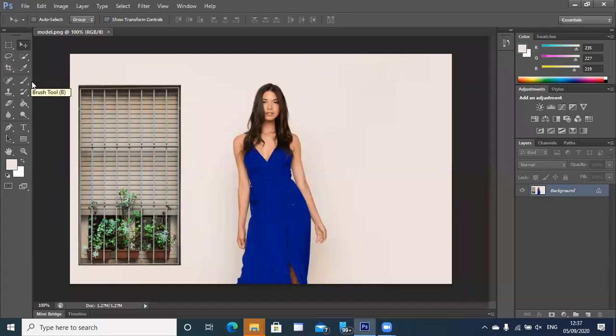If I want to use a brush tool, the brush tool is basically for retouching the image. Then there is a spot healing brush. This is a spot healing brush, which is basically for removing or filling any area of the image. Then there are clone stamp tools. If I want to copy a certain area of the image to another place, I can use the clone stamp tool, which is here. Then there is the history brush tool. The history brush tool is basically for when I want to undo any earlier tool used. Then there is the eraser tool up here.